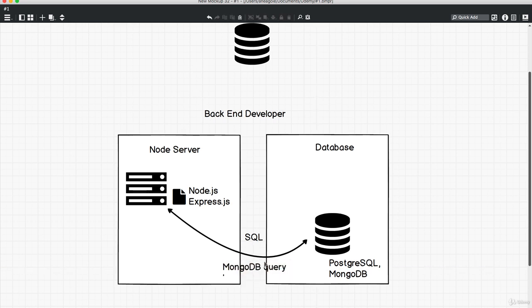But they both aim to do the same thing. That is to communicate with the database, provide an easy way for the server to communicate with the database. And in this section, we're going to be talking about that. And we're going to finally connect the dots and show you the power of databases once they're connected to a server.